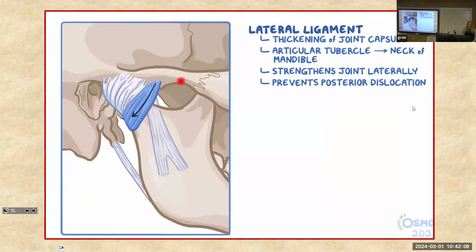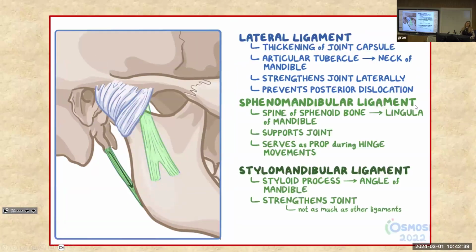The lateral ligament is really a thickening of the joint capsule, but it is very important, and it prevents the mandible from dislocating posteriorly and gives a lot of strength to the joint, as you would imagine, laterally. So if I was lying with my head on my pillow, and I do have a lot of TMJ pain, I can feel the stress that it puts on my left TMJ joint, and I would be stressing this lateral ligament. And then the other two ligaments we have actually also introduced you to, that sphenomandibular ligament